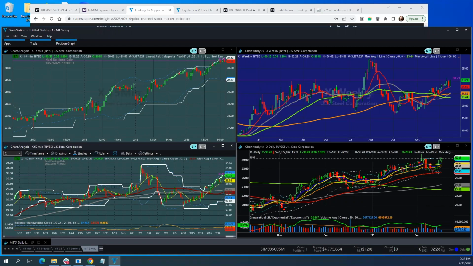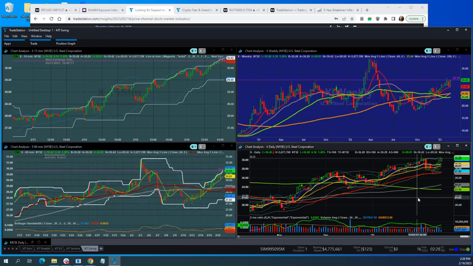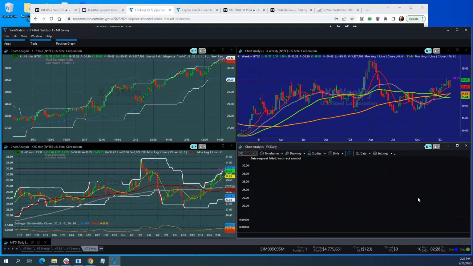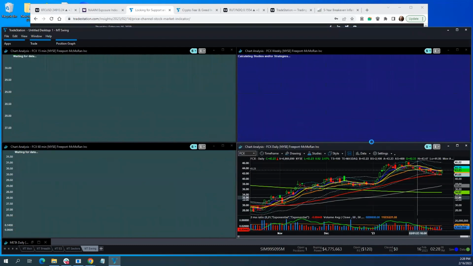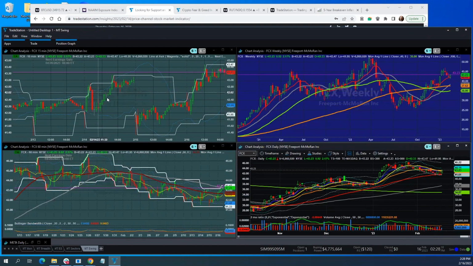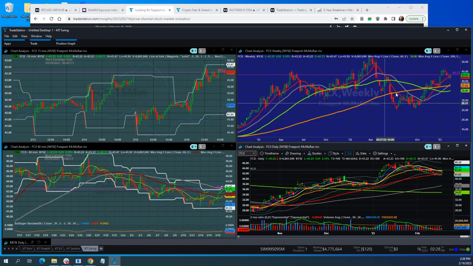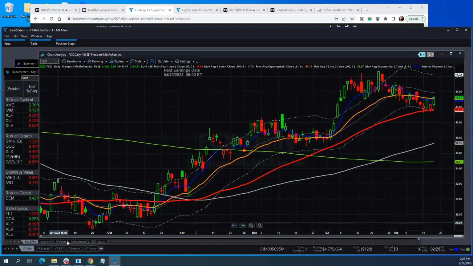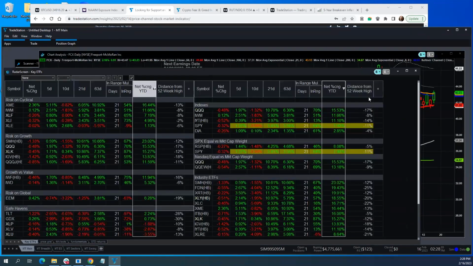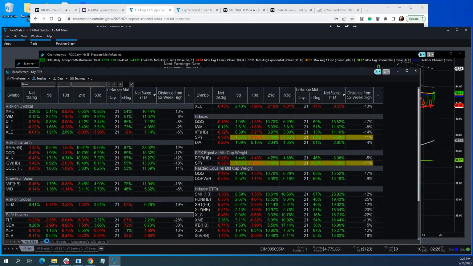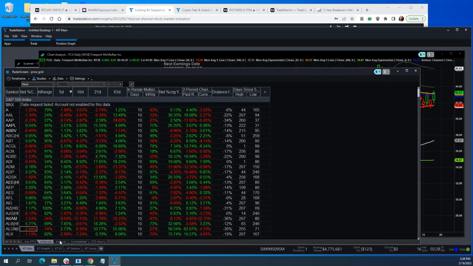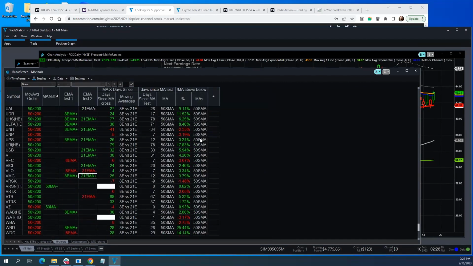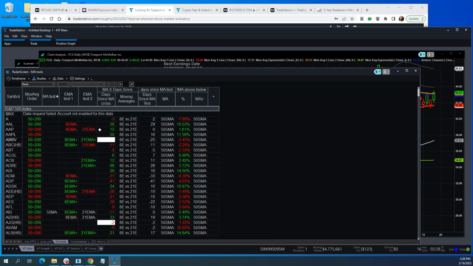FCX I want to mention because it's not on my blog post, but FCX basically had, see, this shows your daily, your weekly, and then your intraday. So I color them differently so I don't get confused. And then they're all linked together. And what I think I did was, if you look over here, see this radar screen. If you're over on your price grid, or say you're on your MA tools and you're saying, let's look for stuff that is testing the 50-day moving average today, right? And then you click on them,